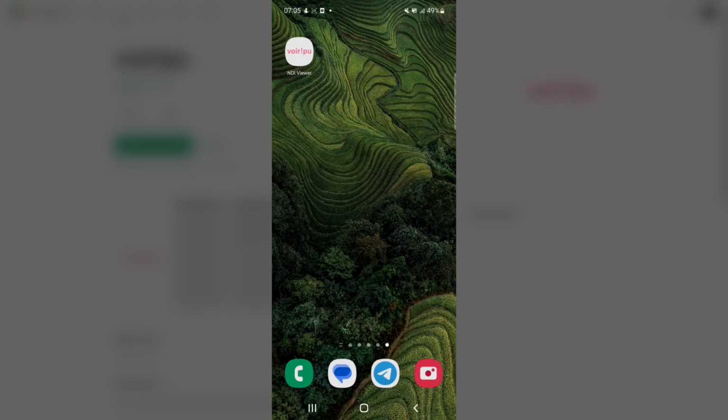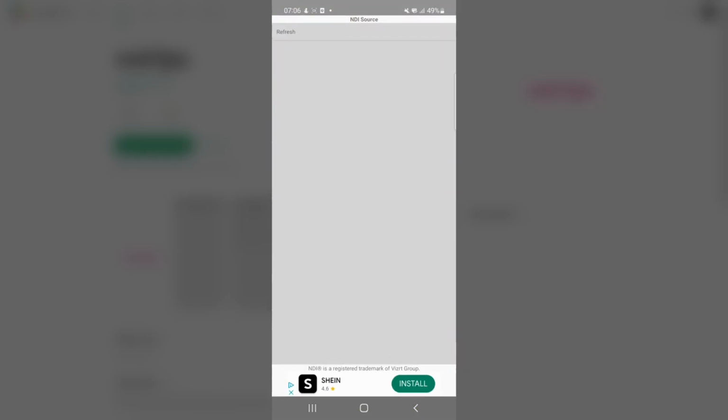But yeah, so I've installed it on my phone, and it's pretty straightforward. You just refresh while you're on the same network, and you find all the sources. And when you tap it, it will open the NDI source. So in this example, I'm using wired,